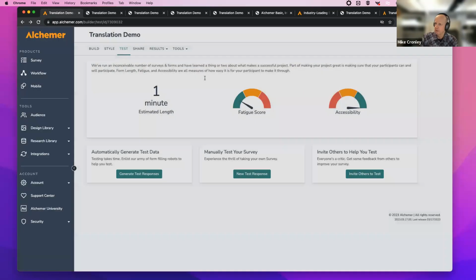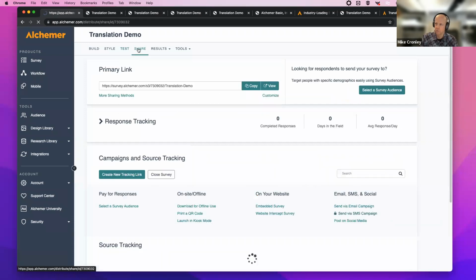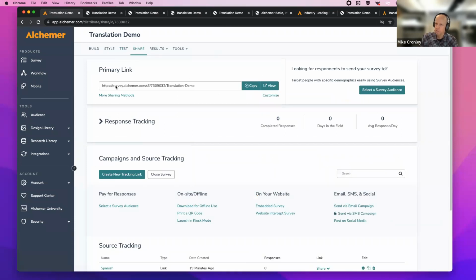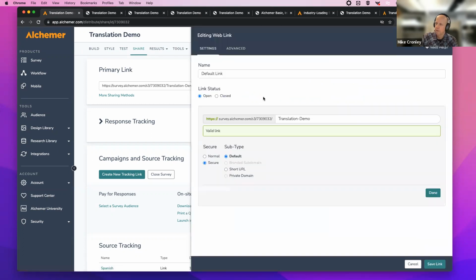Now getting into the actual, okay, let's share this out into the world type of link. So this is the primary link, the one that we generate, easiest, simplest. You can customize this primary link also by clicking here. And this is something that you just have to be careful how you want to manage. But one is, again, the slug, you could even leave it off. You don't have to put anything on if you choose. So you can customize it that way.